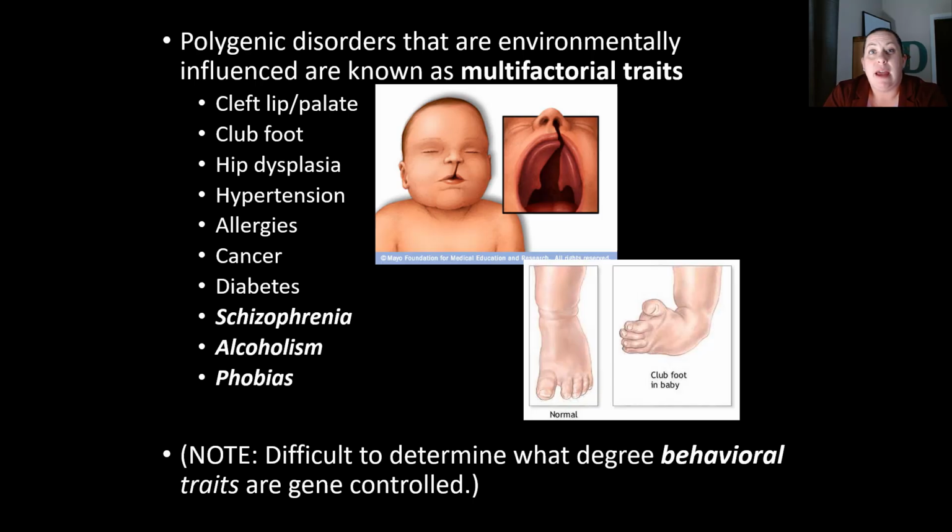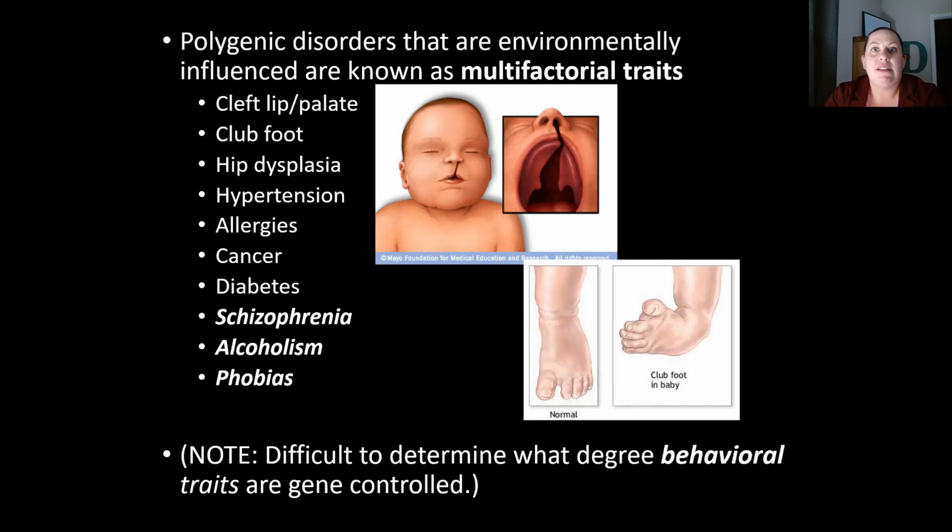Also, hypertension, high blood pressure could be affected by the environment, multifactorial. This is more when you get older. Allergies could also be multifactorial. You might be more prone to them. However, you may get more based on where you live. Cancer is another one. Diabetes. Some individuals have a family history of it, but it also can be based on the diet and what you eat as well. And then, like we said, schizophrenia, alcoholism, and phobias, there is a slight genetic component to it,